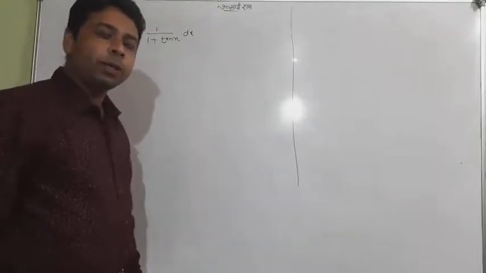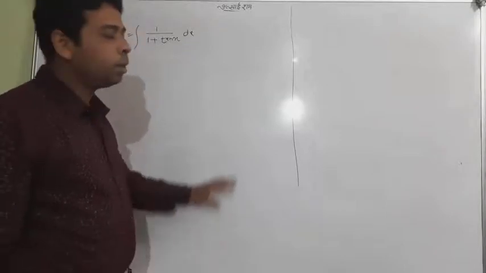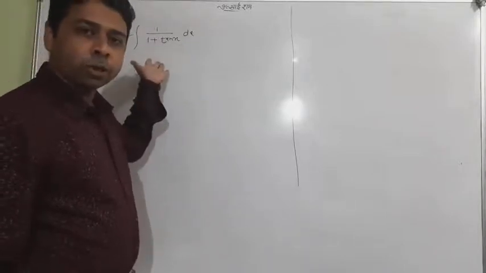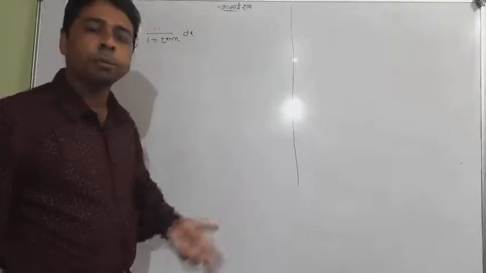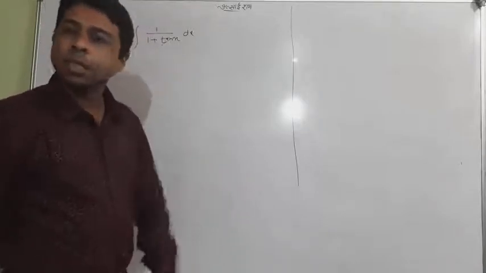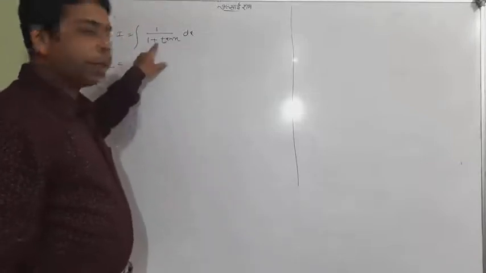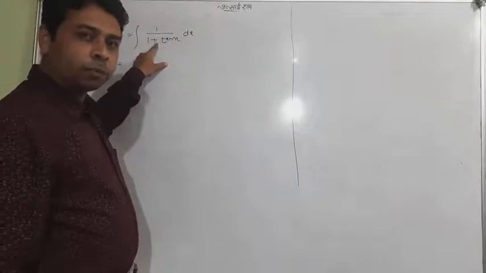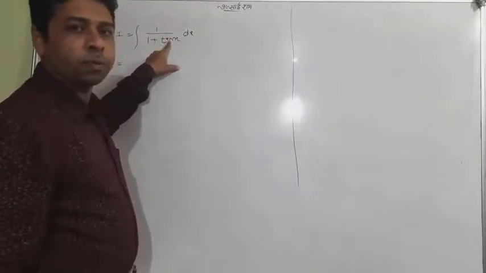Whenever I tell you any question, I will tell you lots of options for what kind of question may come. So in the very first question I taught you sine to the power m and cos to the power n, when m and n both may be odd, or one is odd, one is even. In this question I have more options to tell you. Instead of plus, minus can come, 1 upon 1 minus tan x. Instead of tan, cot can come, 1 plus cot, 1 minus cot.